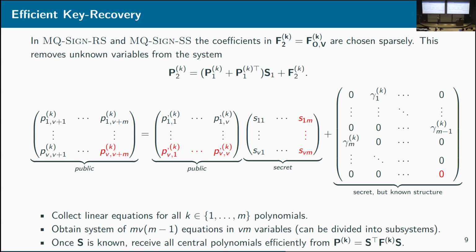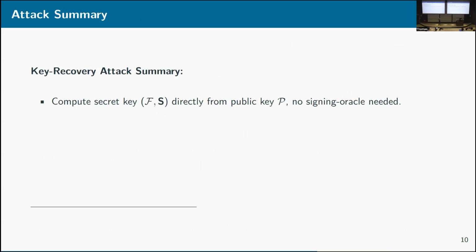And once S is known, we can compute from the initial matrix equation between the public and the secret polynomials as we wish. Okay, to summarize the attack, we compute the secret key really directly just from the values in the public key, so we don't need a signing oracle or anything. And since we just solve a lot of linear systems, it's a very efficient attack and it works in seconds